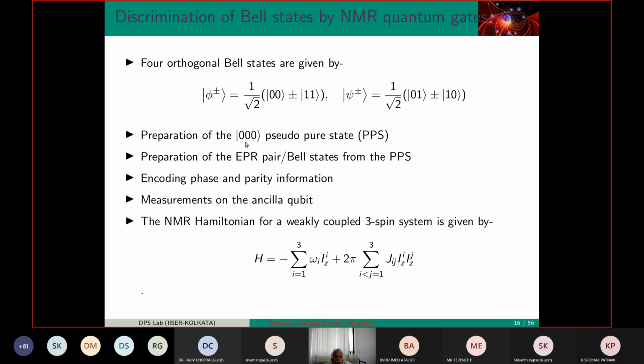So they start with a three-particle state. One will be the ancilla, the other two are the registers. These two are used to create the Bell state. Then they use something called pseudo-pure states, because creating a pure state is not easy. You essentially have to deal with differences on the background. So don't get into details. Only thing please remember is that phase information, parity information has to be extracted. The state has to be created starting from a register where everything is 0, and here is the ancilla on which reading will be done.